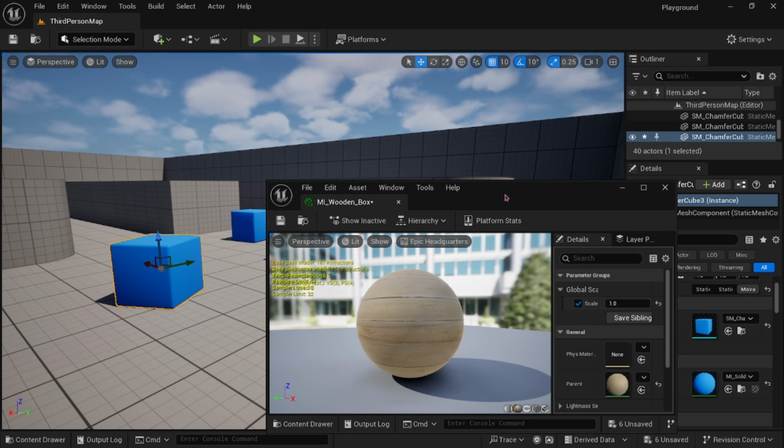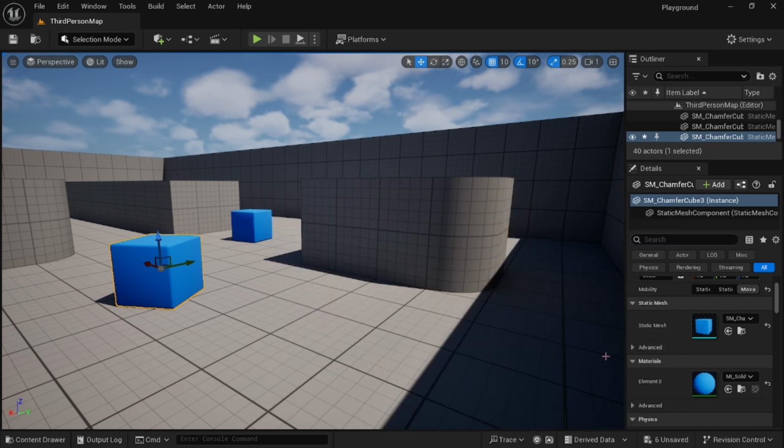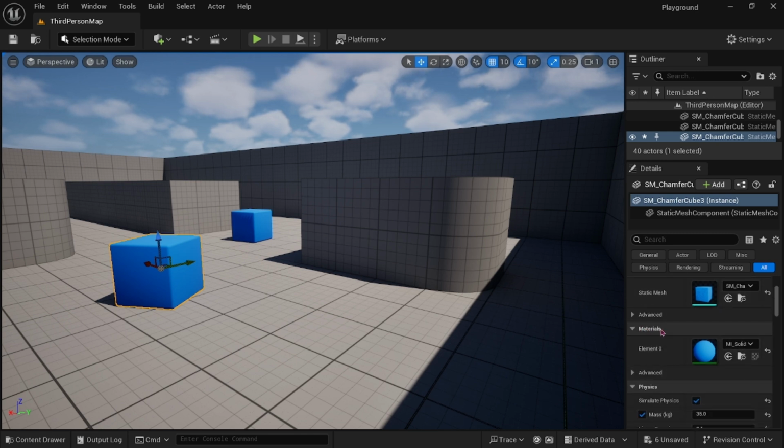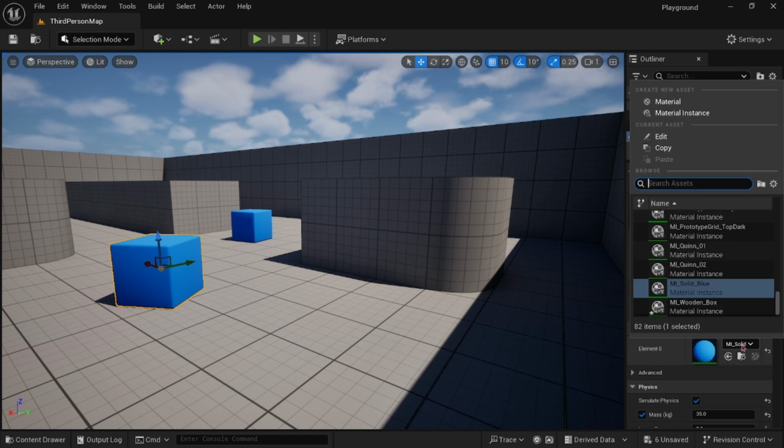Now to apply this to the box, let's actually just put that down. You see the mesh here, ignore the mesh. We want to look at the materials here, and at element 0 we have MI solid. So what we want to do is we can either click on this,